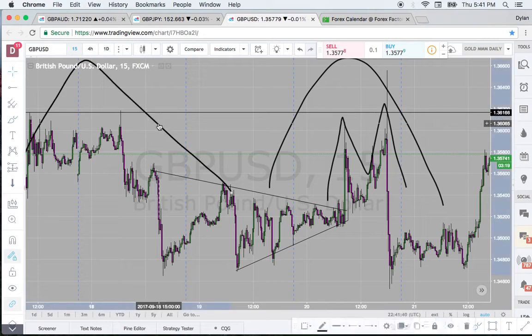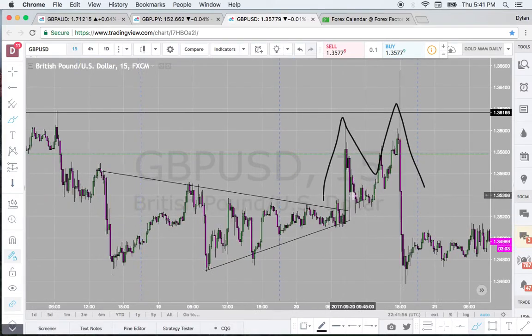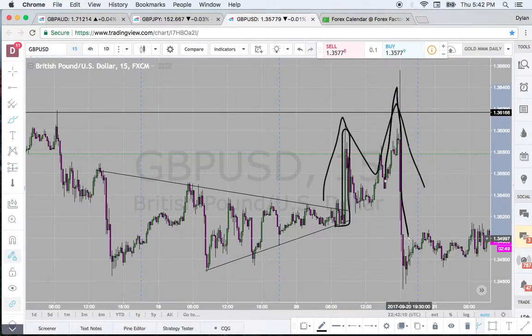Now let me delete some of this stuff. What is our signature trade for those that may not know about it? It's so simple. It's basically a wedge formation. The second leg of the wedge formation, the first leg, the breakout of this wedge creates the first leg of the M. So here's the first leg, and then the second leg of the M you can see, was that stop hunt above the high